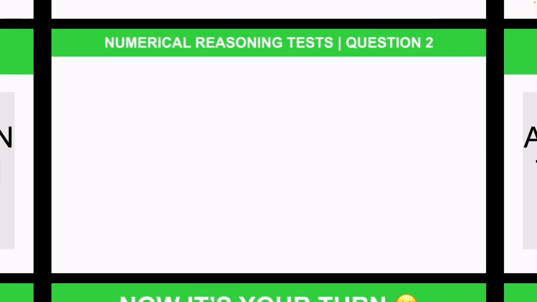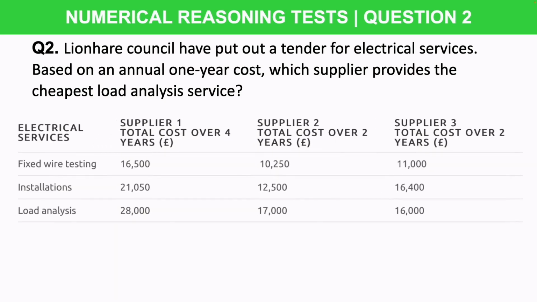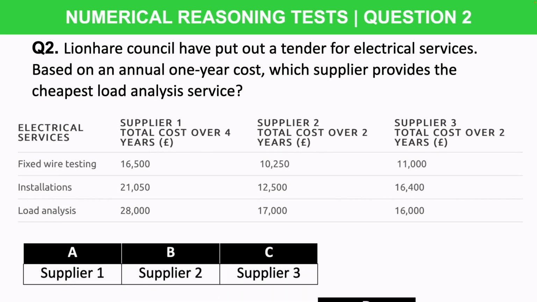Thank you. So question number 2 is this. Lion Hair Council have put out a tender for electrical services. Based on an annual 1-year cost, which supplier provides the cheapest load analysis service? So here is the table with that data. Is the answer A, supplier 1, B, supplier 2, C, supplier 3, D,